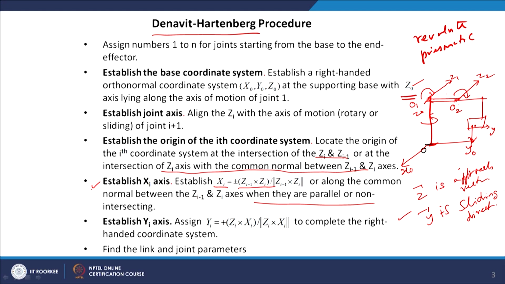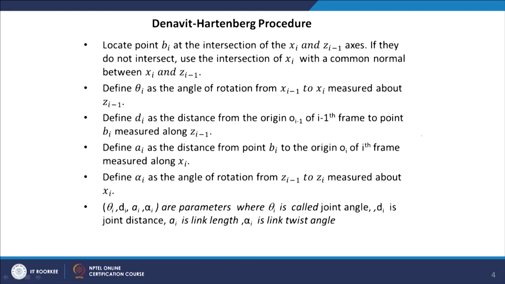So, this will complete the fixing of coordinate frame at every joint of a robot manipulator. So, using this coordinate systems, next we can find the relation between the ith coordinate system and the I minus 1th coordinate system. So, we want to see. So, now we give the coordinate system as x0, y0, z0 is the base coordinate system, xi, yi, zi is the ith coordinate system.